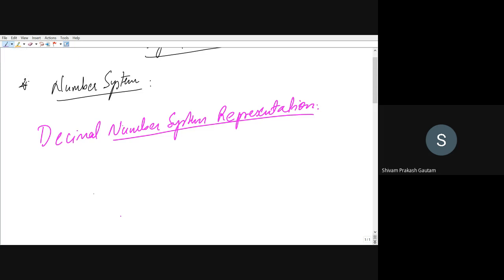Suppose you are having 95, let us say 95 rupees. And what does 95 rupees mean? Its base should be 10. This small subscript that I have written here, a lowercase letter, represents the base, or you can also call it the radix. So this represents that the number 95 that I have written is in decimal representation.